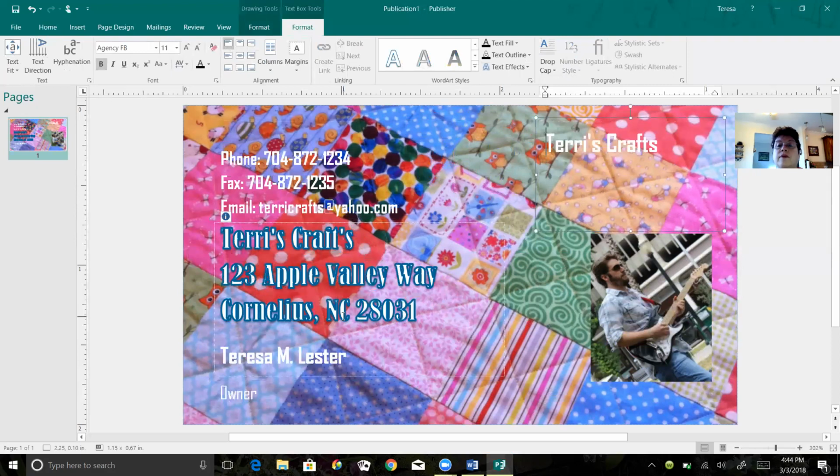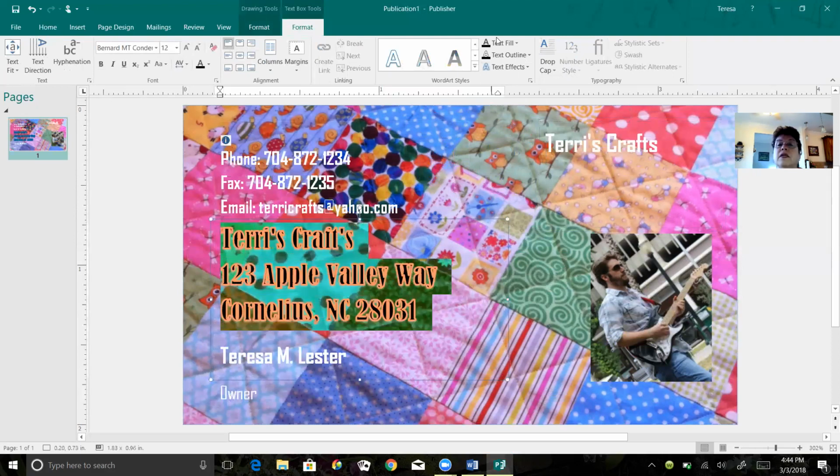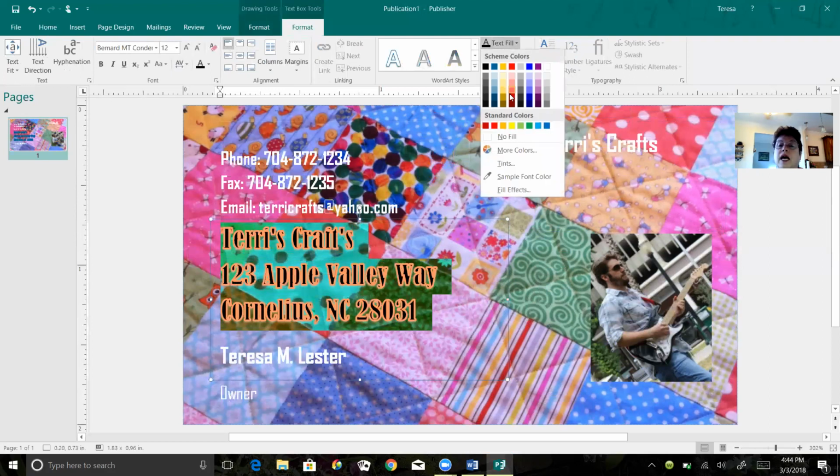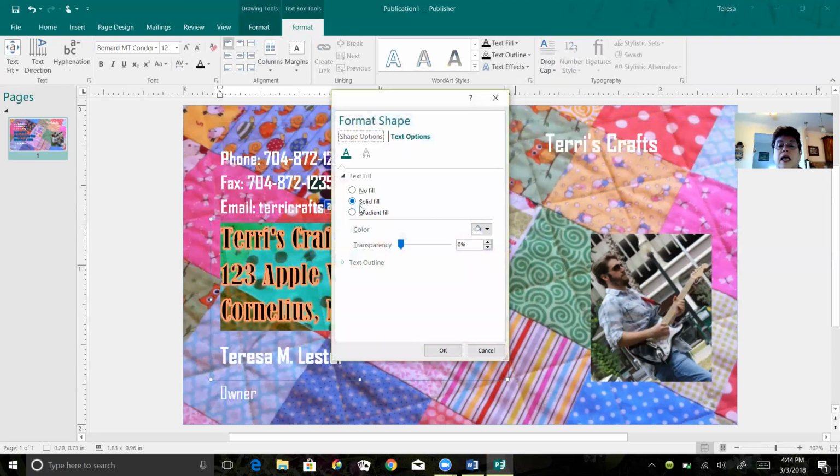If you don't like that, or if you want to fill it, this is a cool tool too. I can highlight this and I can fill the text. I can fill it with more colors. I can fill it with tints. I can fill it with fill effects. And you have gradients. You have solid colors. This is kind of neat. You can kind of pull this over. You can add other ones, and you can go to your color tab and pick other colors that you want